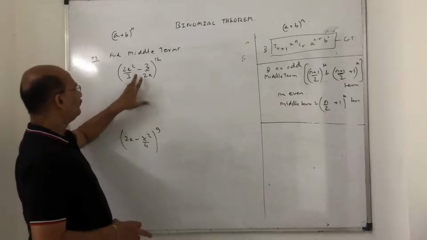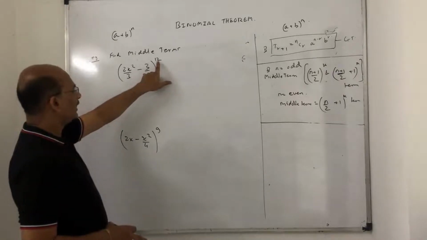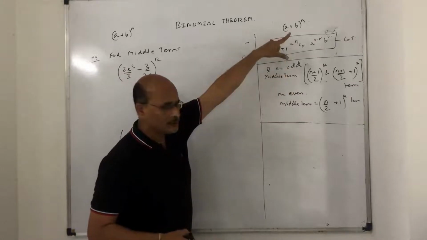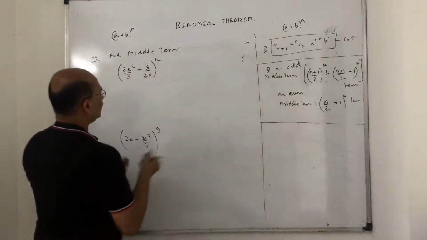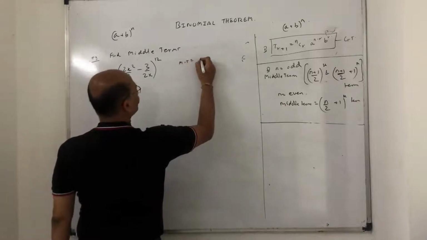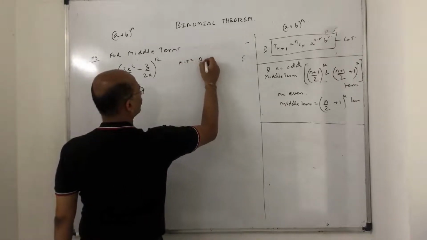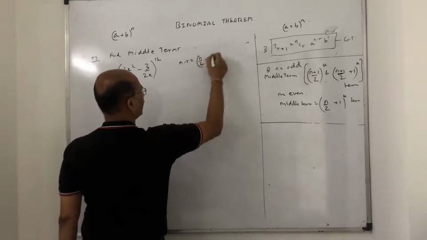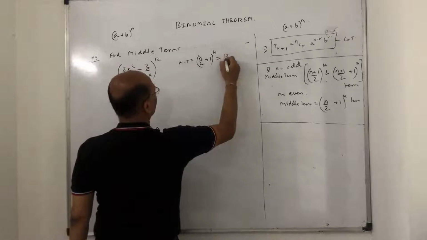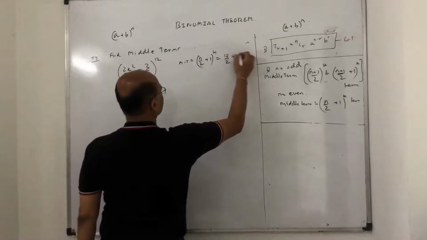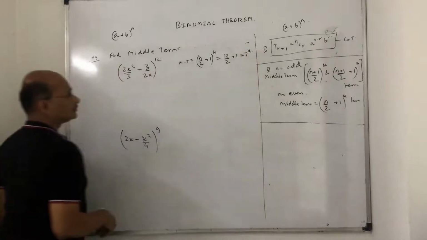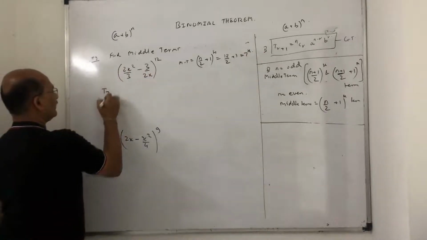Remember, very simple. N is even. So when n is even, you have to look over here, because this formula is for (a + b) raised to n. If n is even, the middle term is the (n/2 + 1)th term. What is n? N stands for 12. So 12/2 + 1, 2 sixes are 12, is the 7th term. That means you have to find T7.